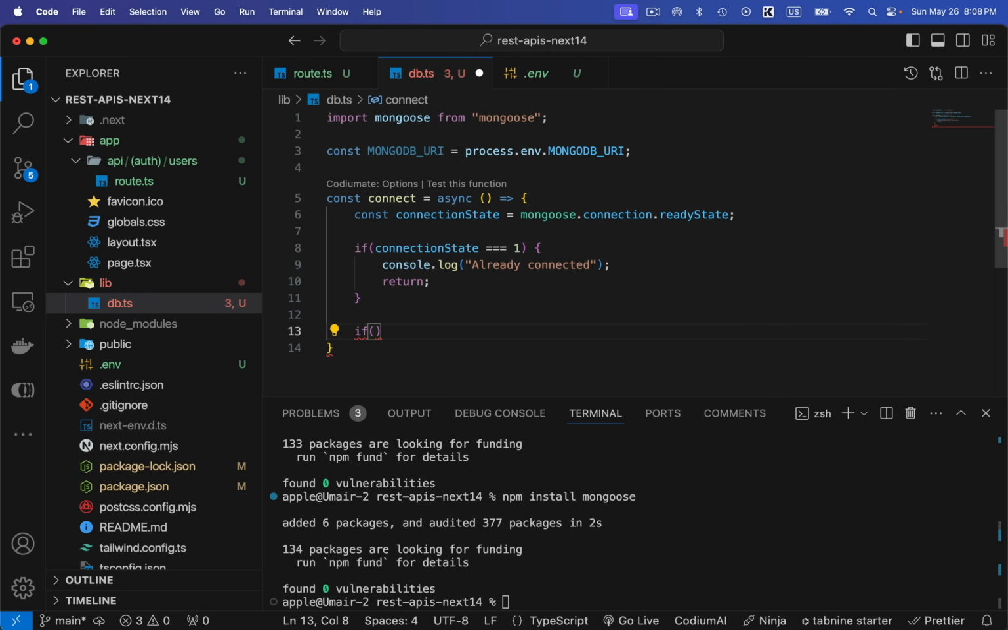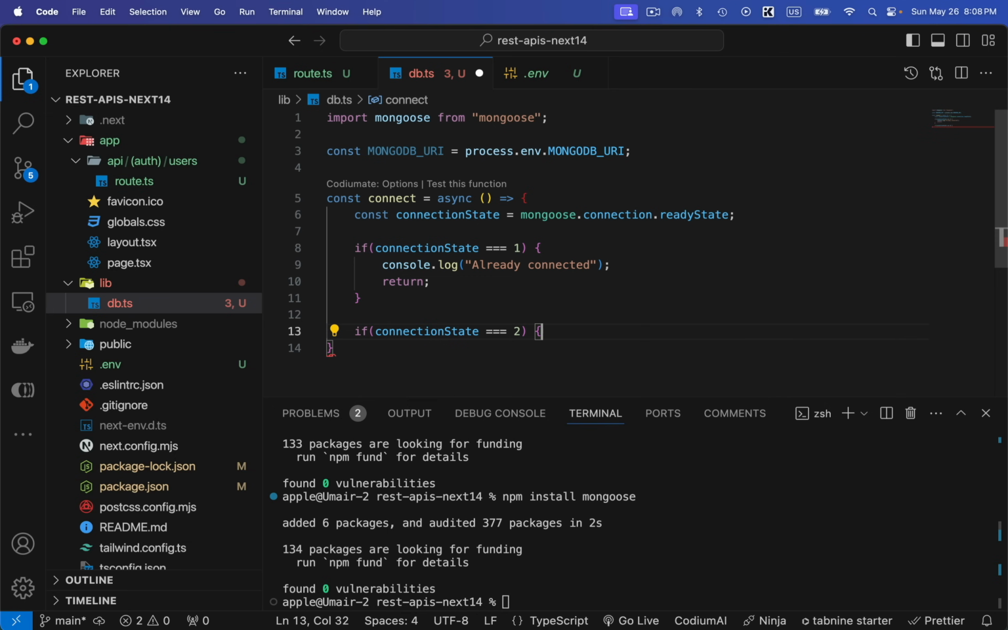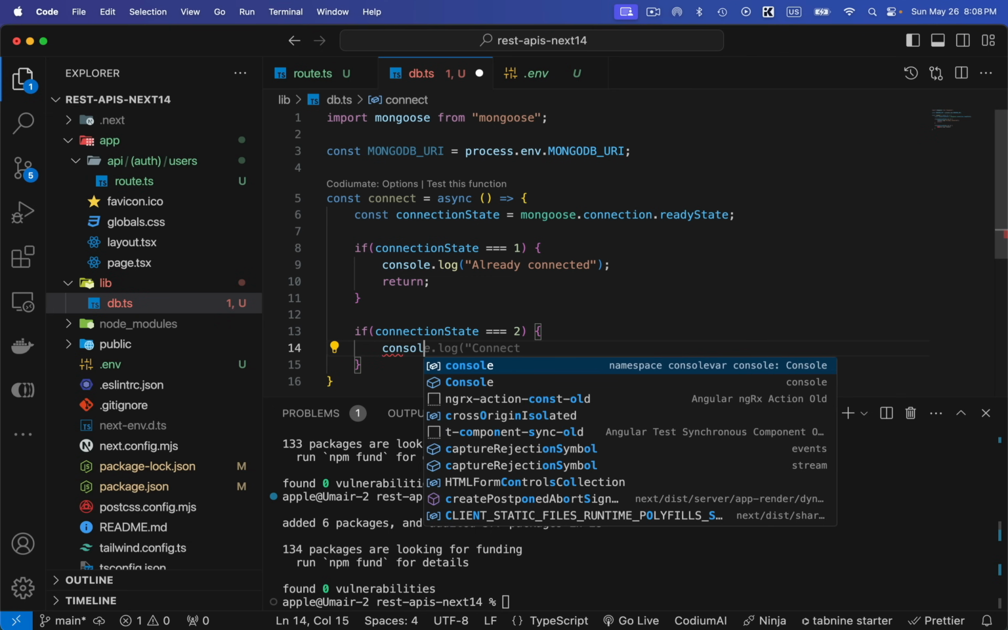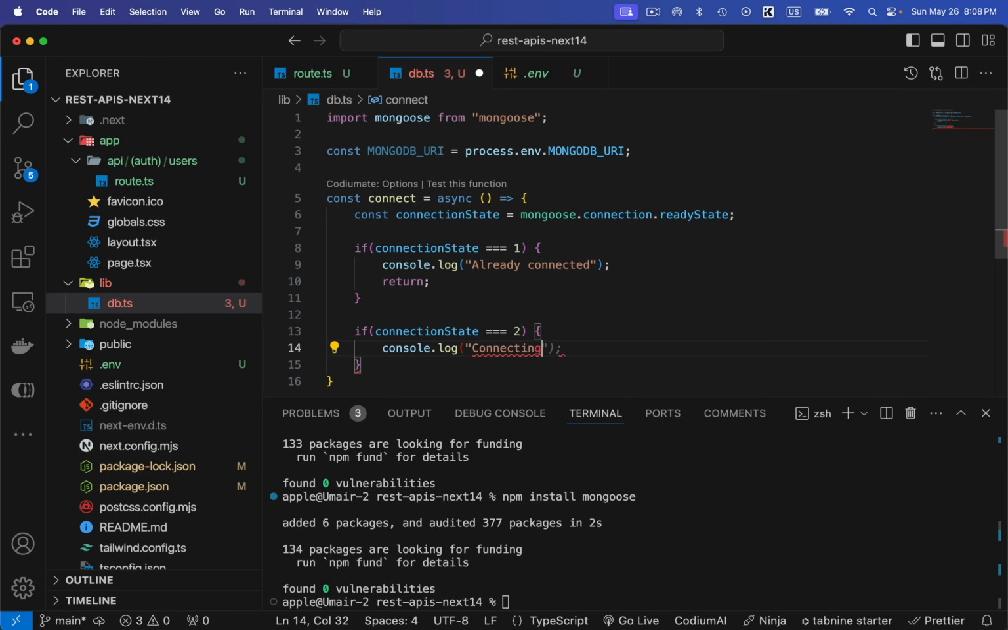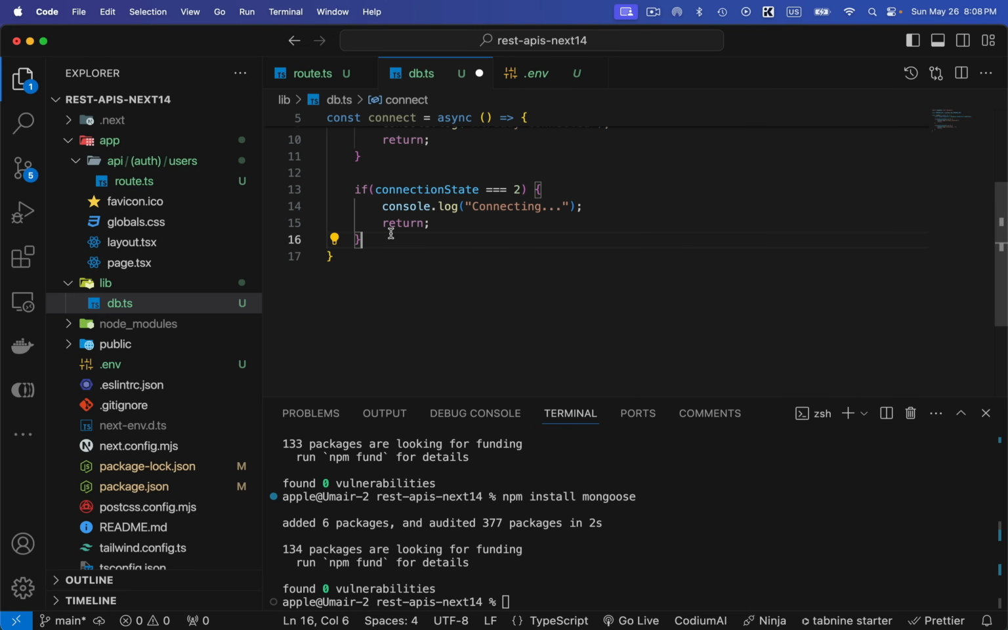After that, I can actually add the connection state equals to 2. So this is the Tabnine AI assistant recommending, and this is right. I can hit tab. So now I can go console.log connecting... Okay, and then return. After that, if any of these conditions fail, it means that we need to connect